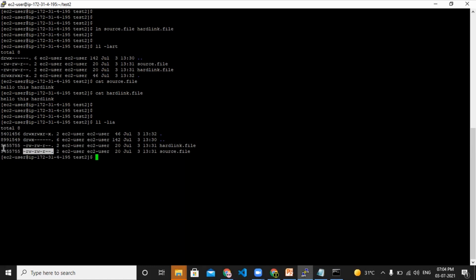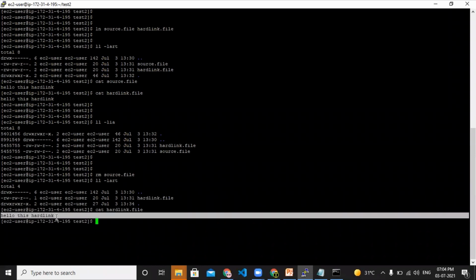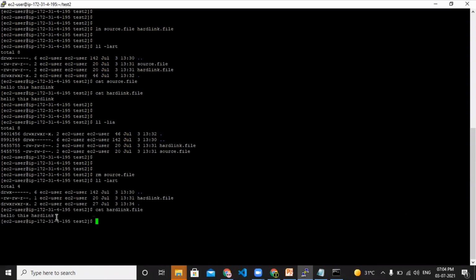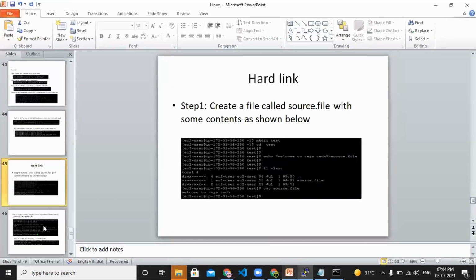It will point actually. So I'll try to delete this source. rm source. So what will be there? We'll see. I have deleted the source file. Now I'll try to cat the content of the hard link. But we are able to see the content. Why? Because it is a kind of a mirror, right? So even if one goes down, the hard link file is there. That is the reason we are able to see it. When it comes to a soft link, it is just a pointing. That is the reason we are not able to see the content inside it. Okay. So I hope